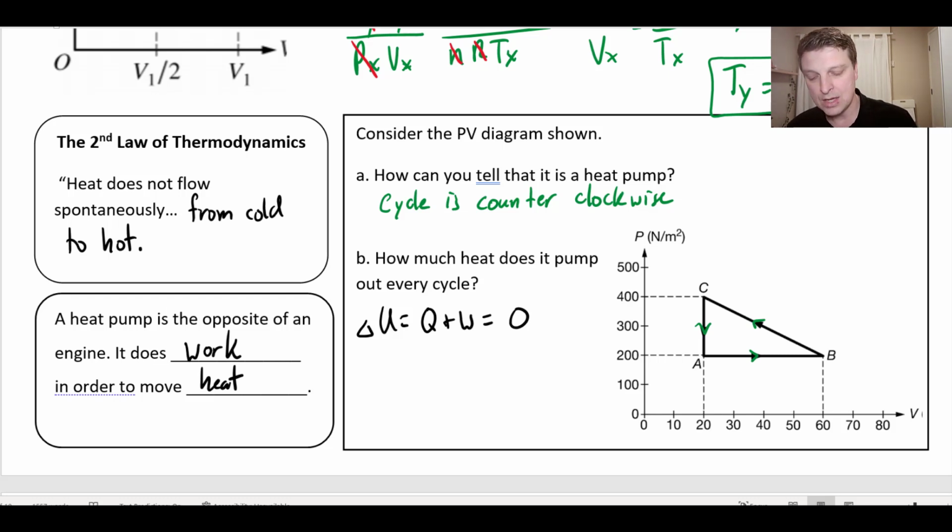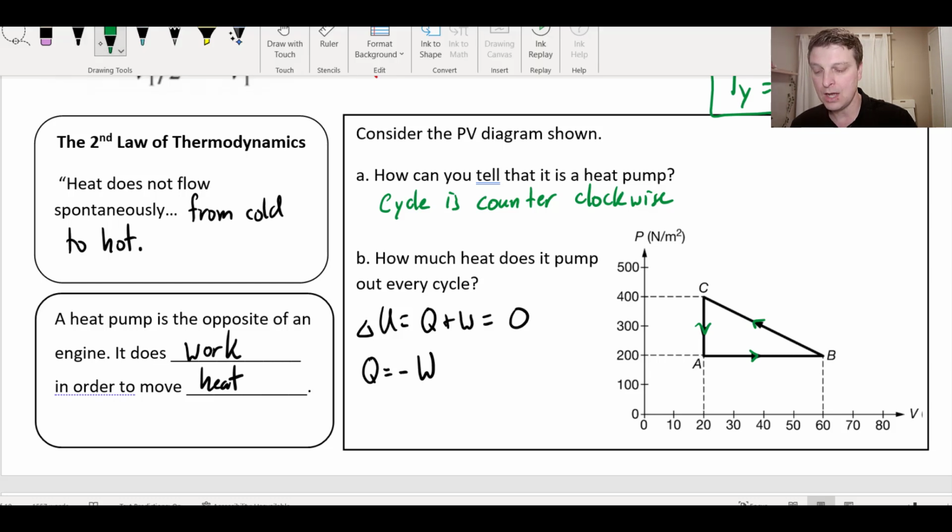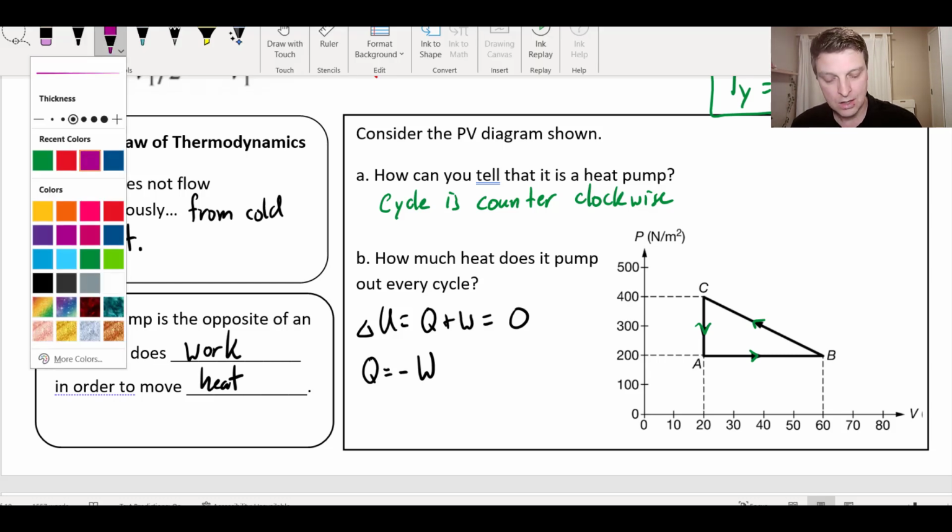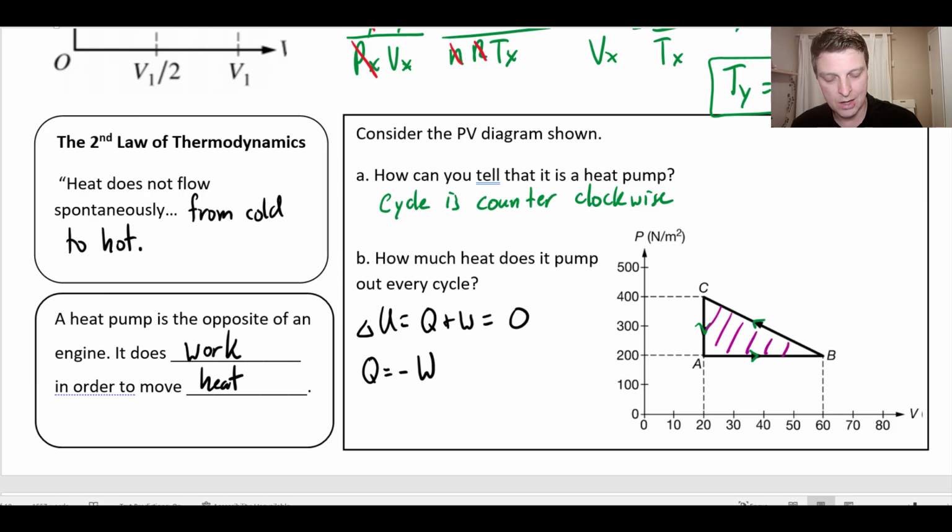And so the heat that is pumped is just going to be equal to the negative of the work that is done. And as we saw before, the net amount of work done for any closed cycle here is just going to be the area. So the net work, or the total work, is just this area right here, which is 1/2 base times height. So 1/2 times, looks like my base is about 40, and my height looks like it's 200. And so this is about